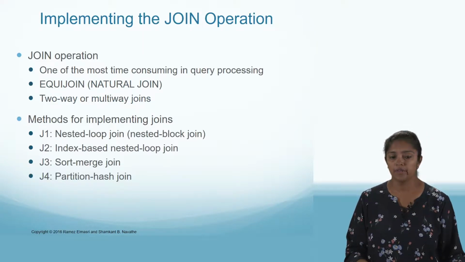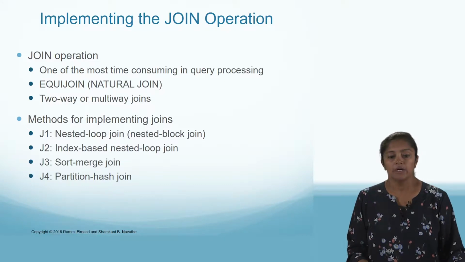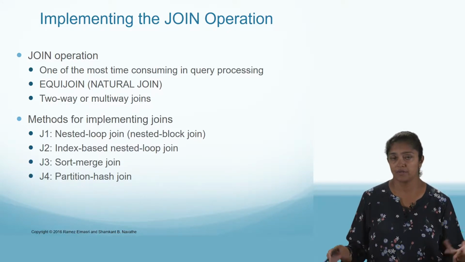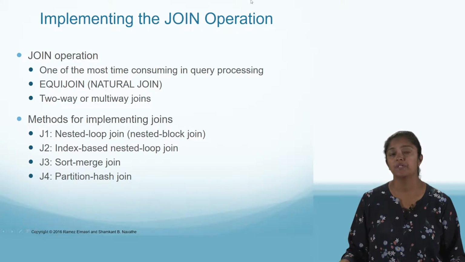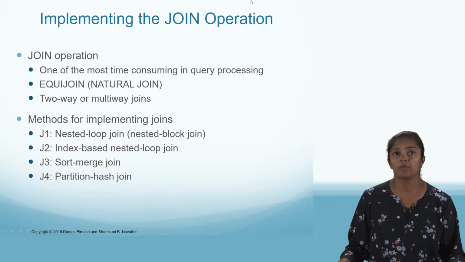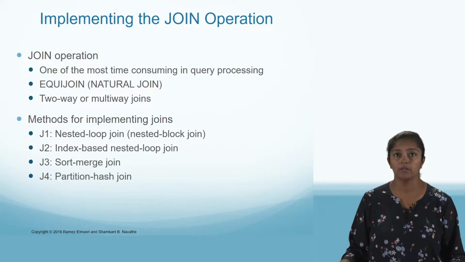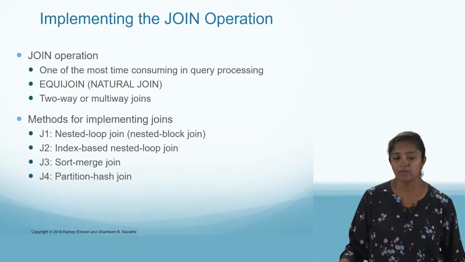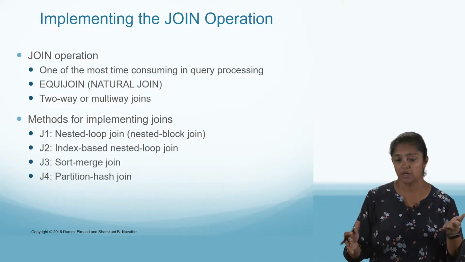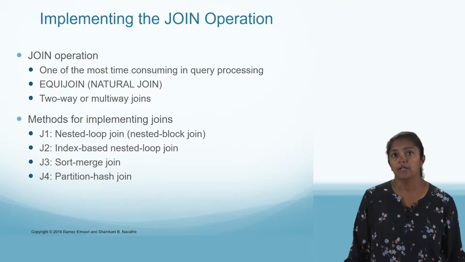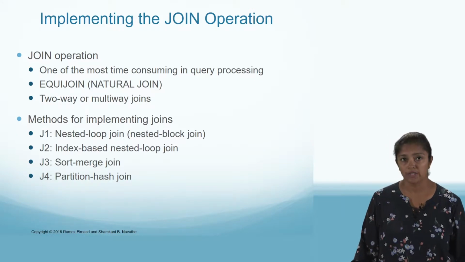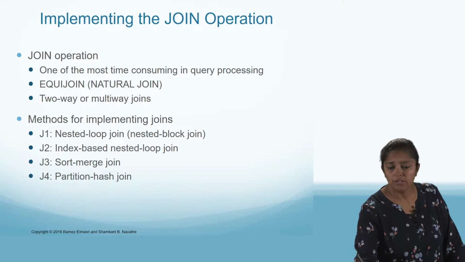Whenever there's a join operation, there are different kinds of join operations. It could be an equi-join, which is also known as a natural join, which we've seen. It can be a two-way or multi-way join, and join is one of the most time-consuming operations in query processing, and it needs to be carefully optimized. So there are a number of algorithms to handle the implementation of joins. Some of the different methods: